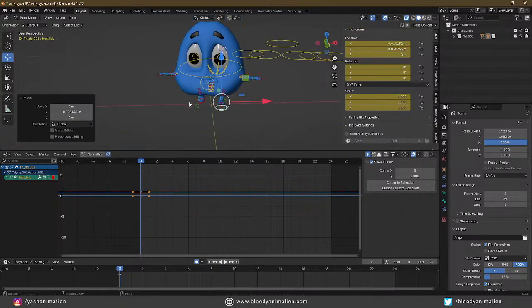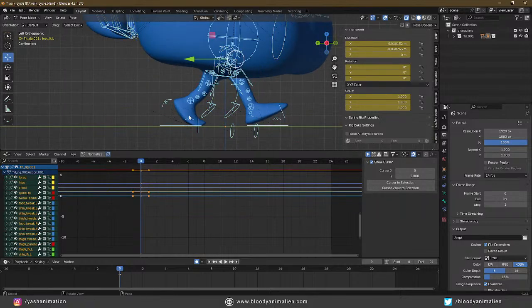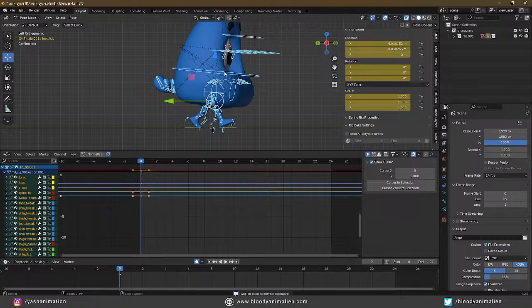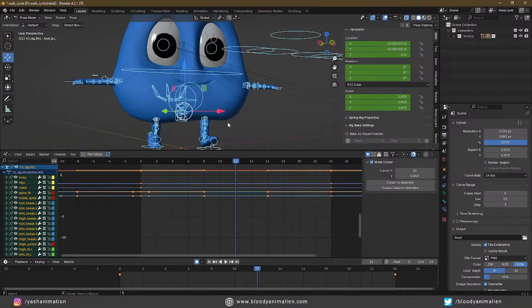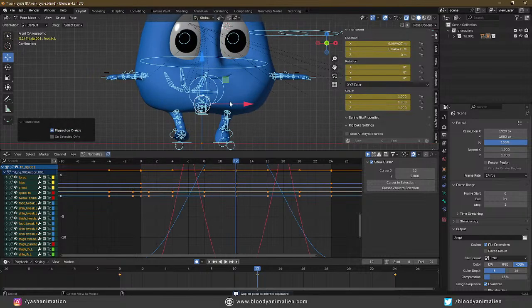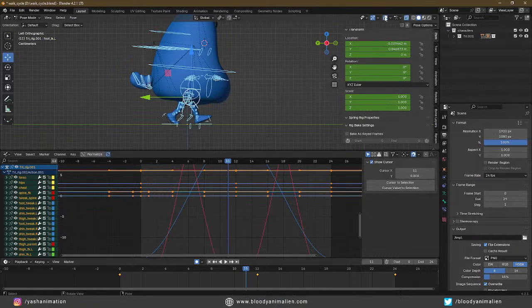Okay, so far so good. Now what I can do is copy everything, paste here on frame number 24, and on frame number 12 I'll copy this pose and press Ctrl Shift V, so the whole pose is